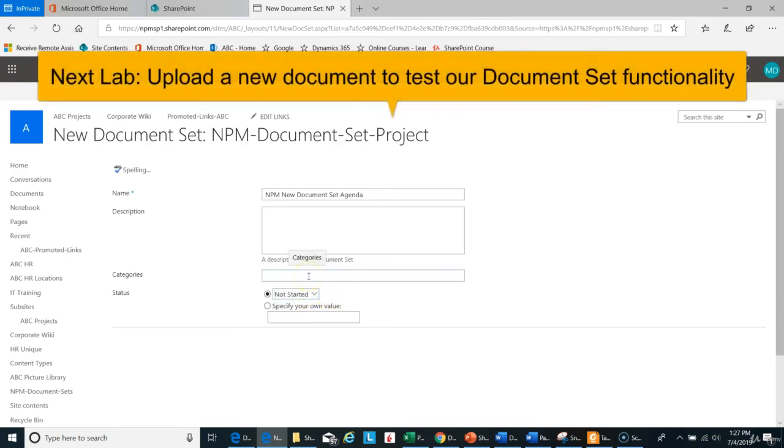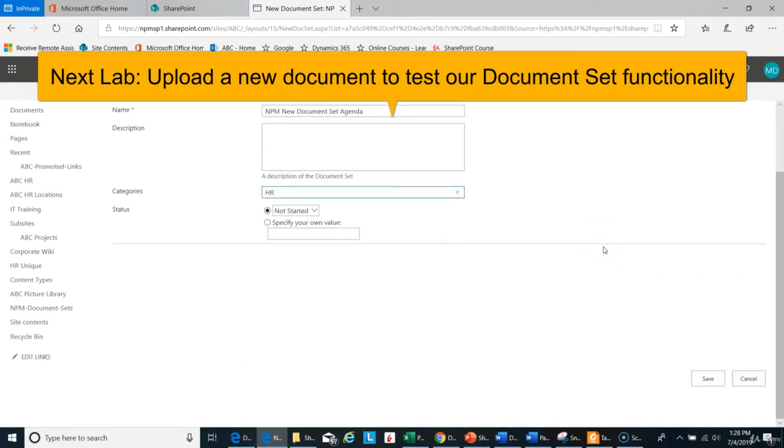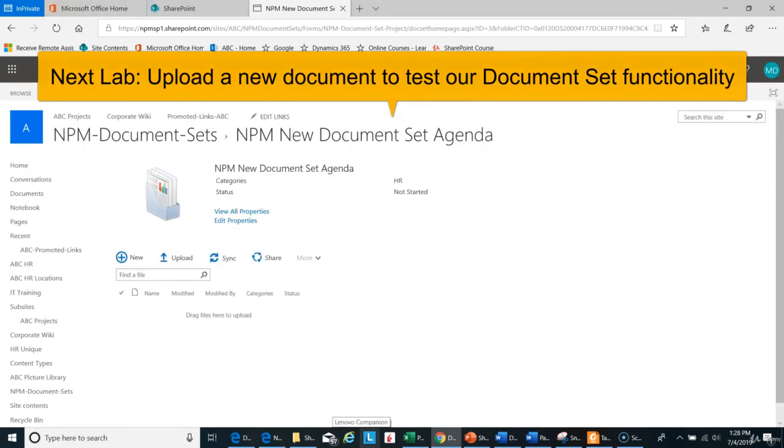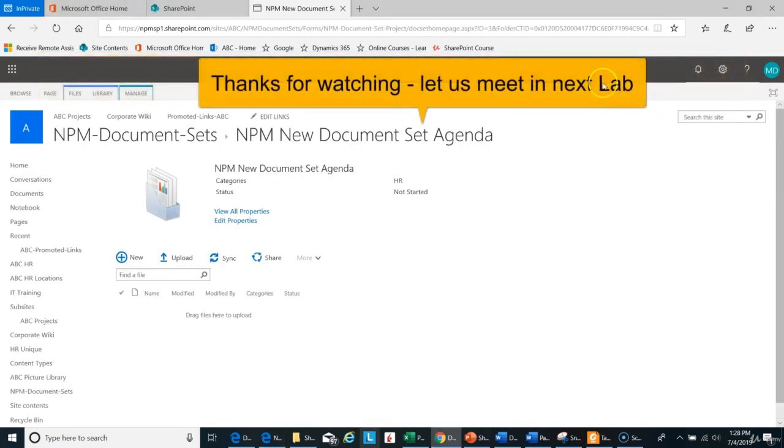And the categories, we can enter category of our own, but again you can edit your column settings and you can make this as a drop down or something else. When everything looks good, you can click on save button. So this is our document set, npm new document set agenda. So category is HR, status is not started,